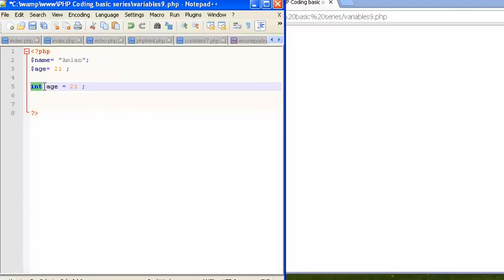It will be an integer type variable, and I shall be assigning it a value of 21. However, in PHP, we don't have to declare the data type, and we can directly proceed with assigning the values.